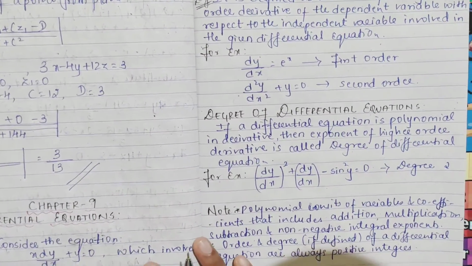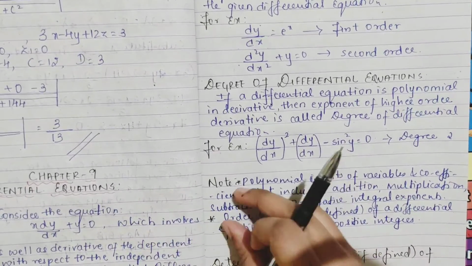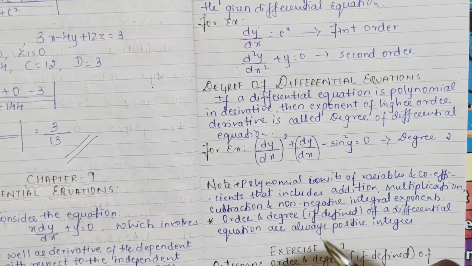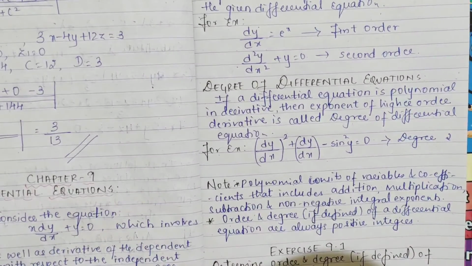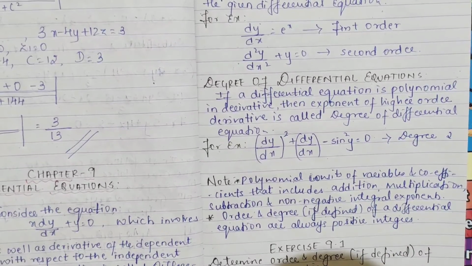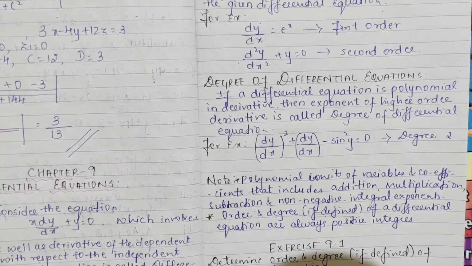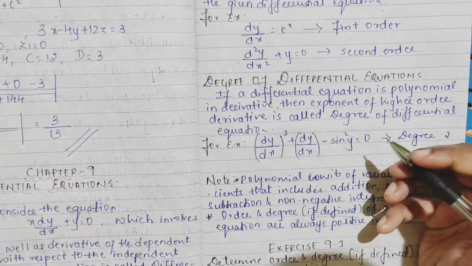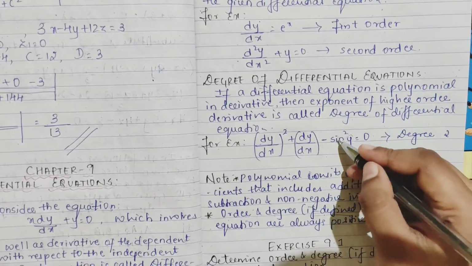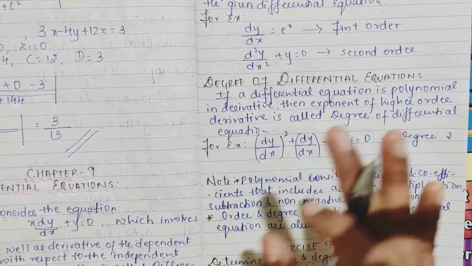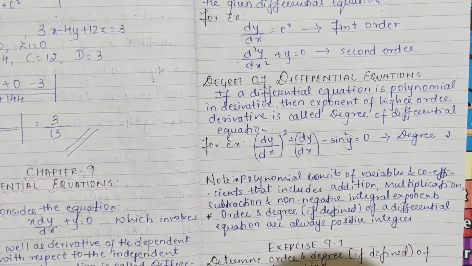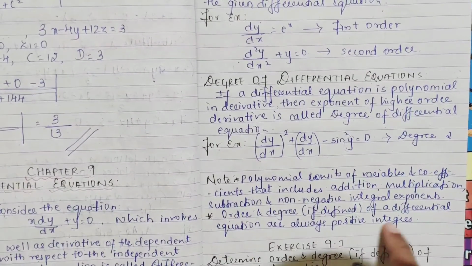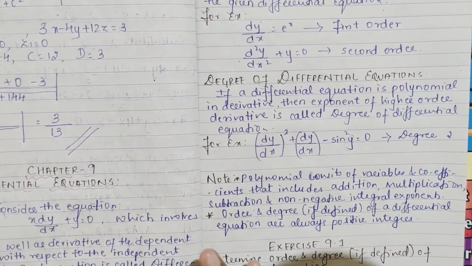And here you have a small note. Write it like what I have said, your polynomial, what all it includes. And here you see order and degree if defined. Degree if defined means what? If it is polynomial, and sine, cos shouldn't be involved in the derivative. If you have variables, then it is defined. If you have derivative with logarithmic, with exponential, any such function, then it is not defined. In such a case, degree you cannot find, but order you can find for everything. There is no condition for order. So the same I have written, and they are always positive integers.